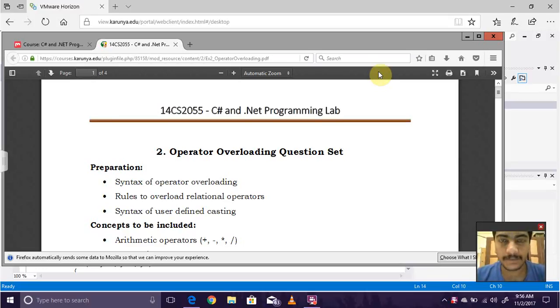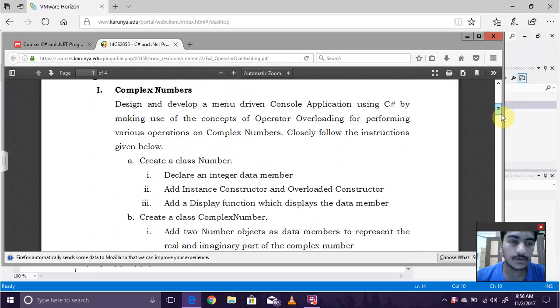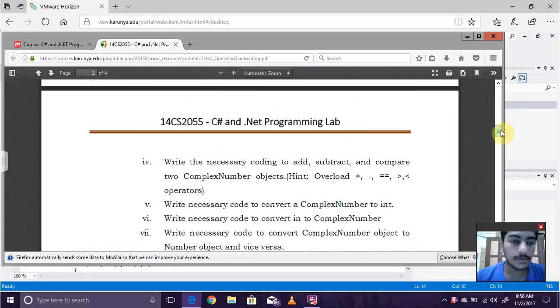Hi, I'm Shiv Krishna. In this video session, we'll be going through the concepts of overloading in C Sharp. The concepts we're going to include here are some arithmetic operators and comparison operators and some user-defined casting, implicit and explicit. We'll be going through those concepts with the help of a